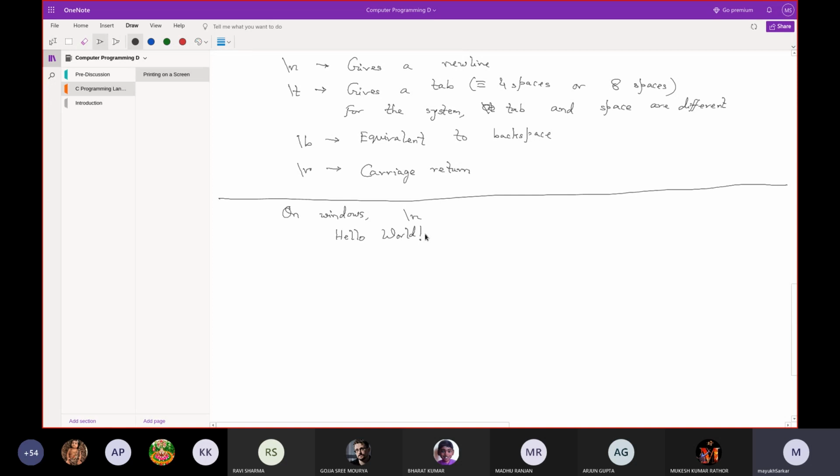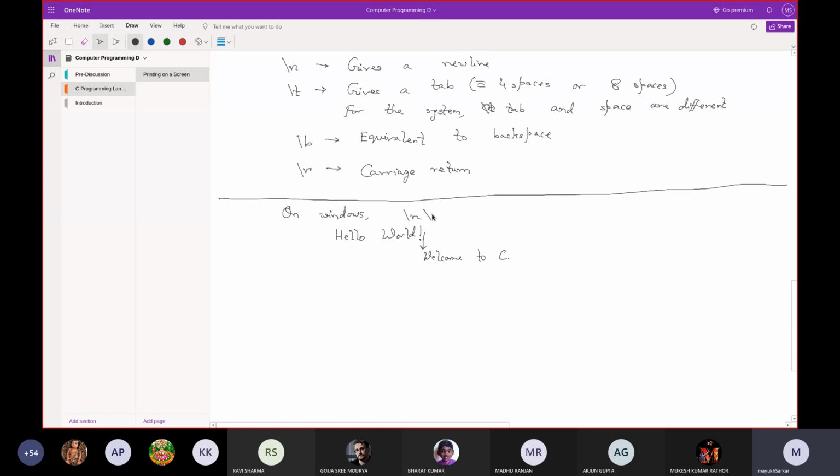Now if you give only /n, it will change in the y direction only, and it will start printing here welcome to C. So this is what a line feed is, that gives a new line.